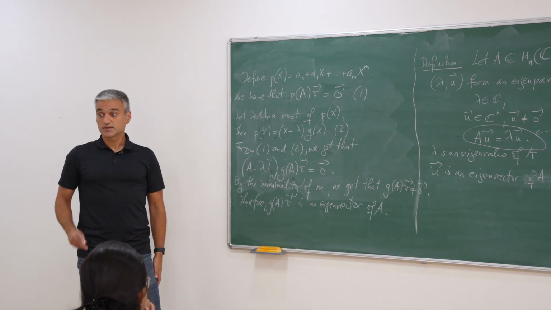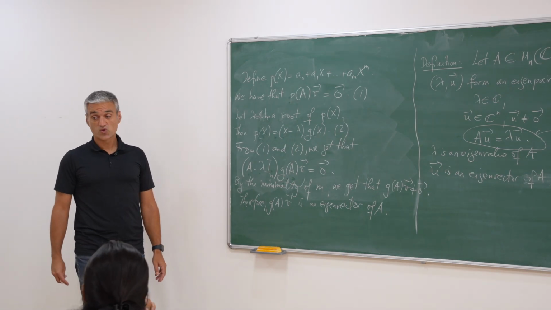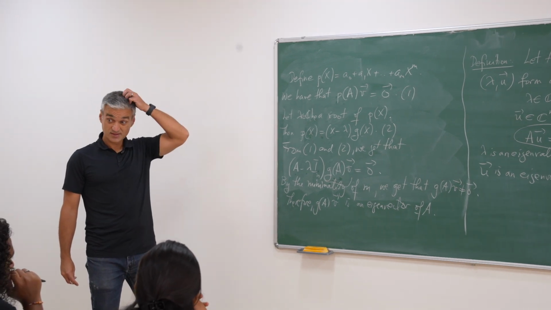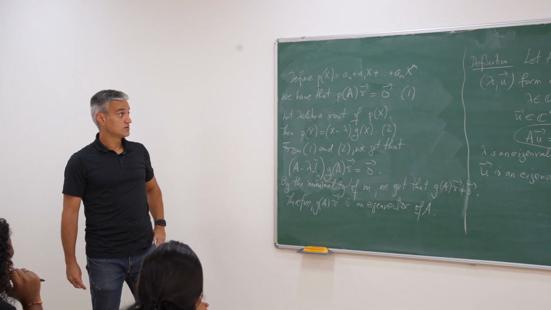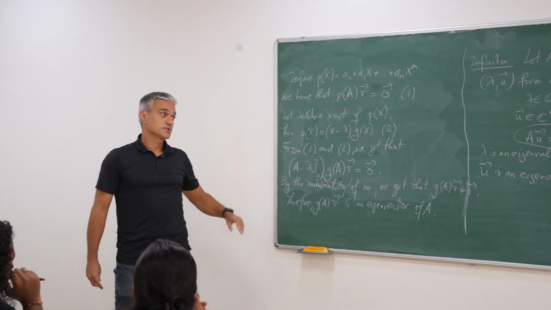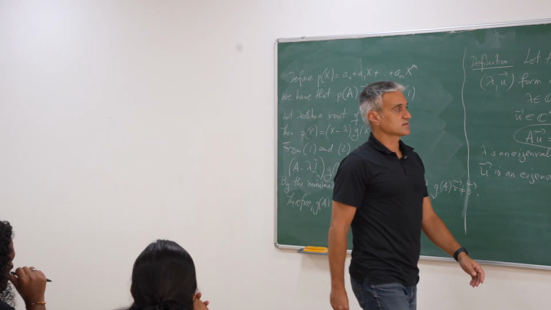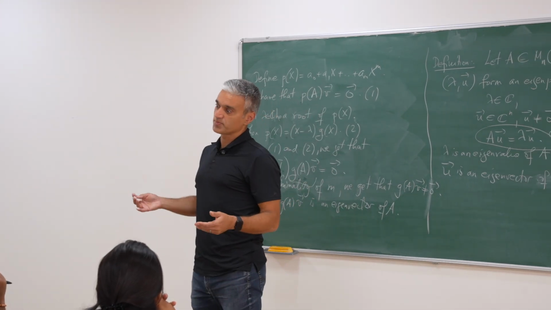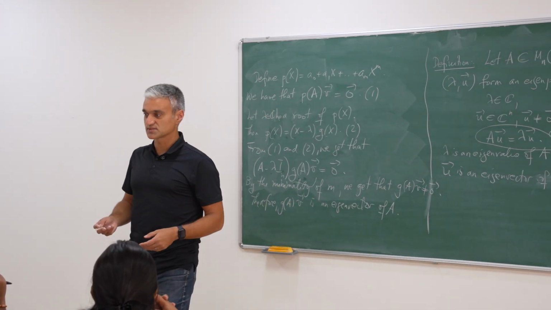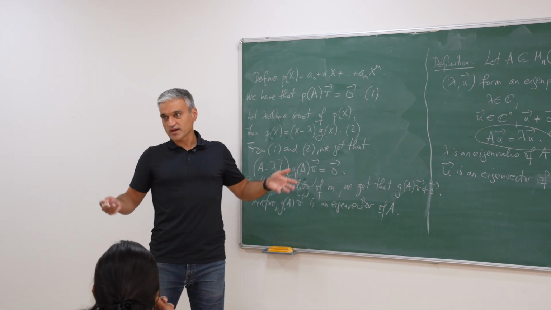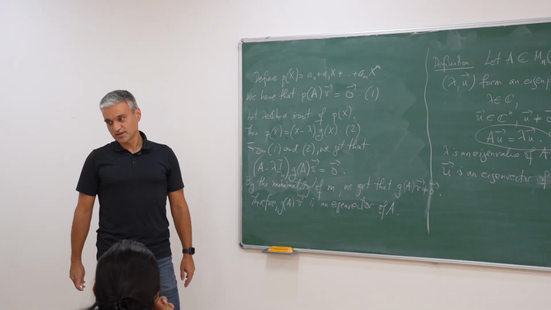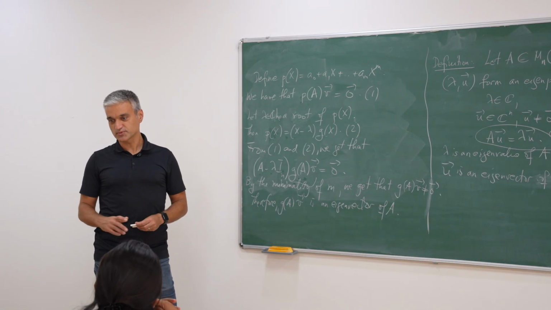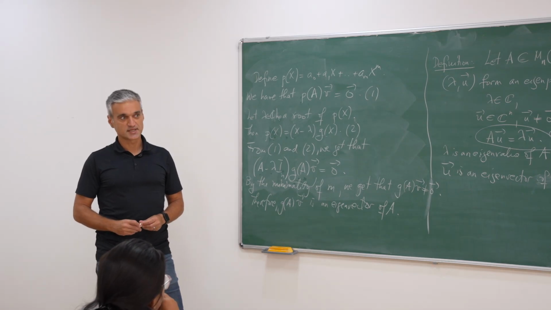Yes, question? So here you're taking lambda to be a root of p of x, right? Yes. We don't actually know what p of x is, so you're assuming there's a root of that polynomial. Yeah, because that's what I said, that here I'm using this big fact about p of x being a polynomial with complex coefficients, and hidden in the background, we're not going to go all the way there. So it's self-contained up to a point. You're absolutely right.